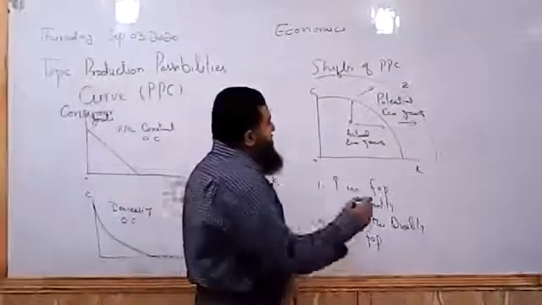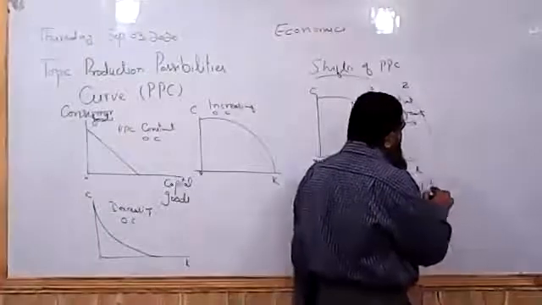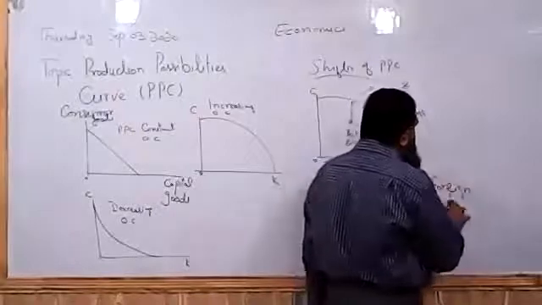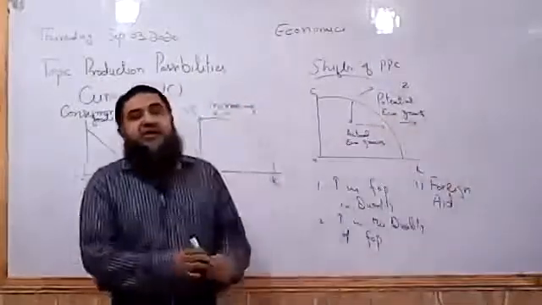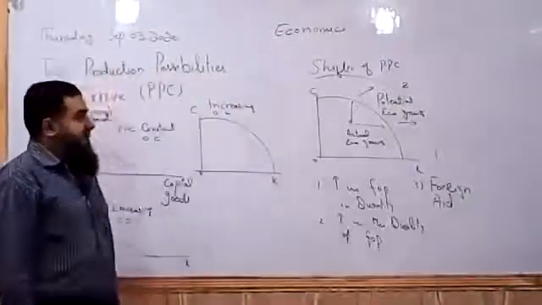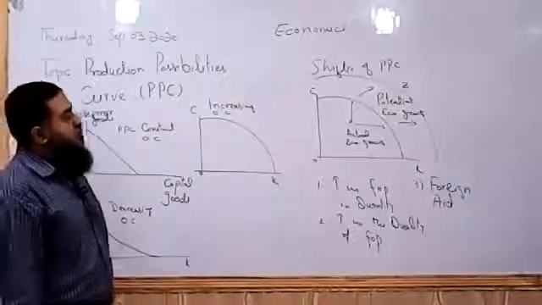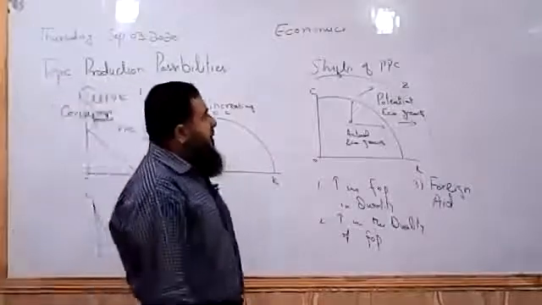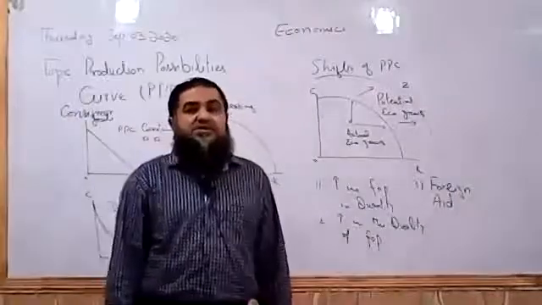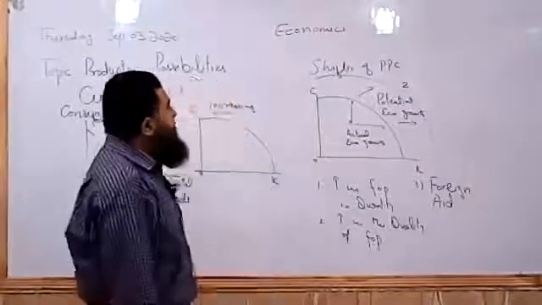Or another thing which could cause a shift in PPC, that is foreign aid. Foreign aid, it is also a kind of stimulus. Previously, we were not having enough resources to spend to increase the number of goods and services. So when foreign aid is provided to a country, its potential to produce more goods and services will be increasing. So as a result, PPC will be shifting rightward or outward. That is due to improvement in the foreign fundings. So that is causing increase in potential.